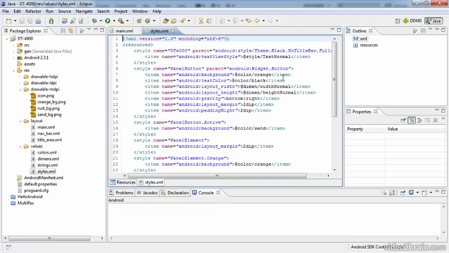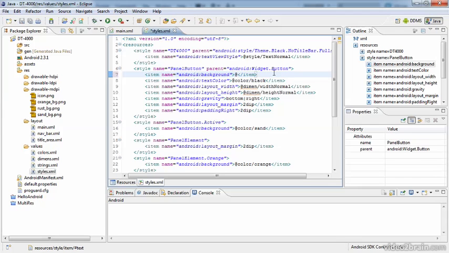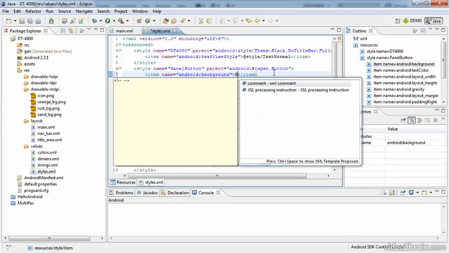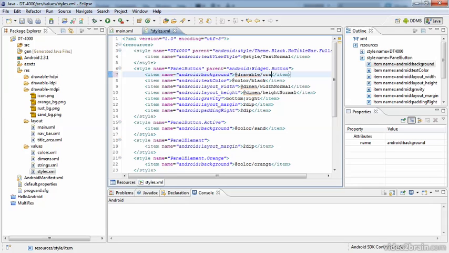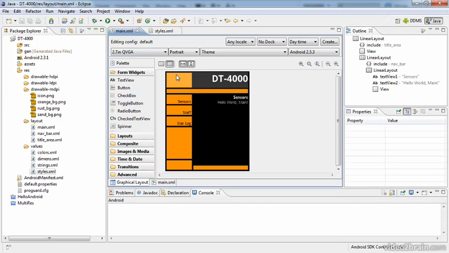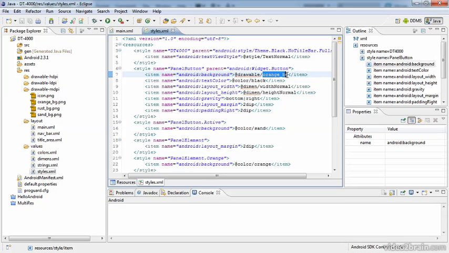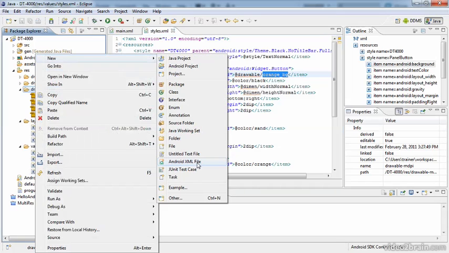So if I open Styles, I can in fact exchange the color value for background with a reference to the appropriate drawable: /orange_bg. Save. You see, it looks exactly the same. As you can see, I have provided only the name of the file, not the extension. But to have Android choose one of various backgrounds, depending on the state of the button, I still need something different. I right-click on Drawable MDPI, select New, select Other,